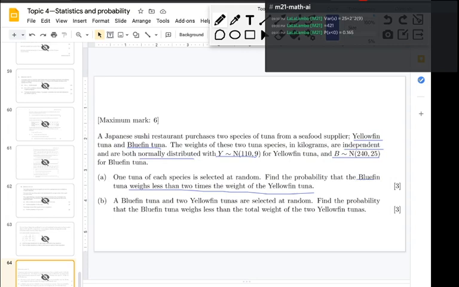For the other question, a bluefin tuna and two yellowfin tunas are selected. So this one you have two yellowfin. The way I would write it would be, and then just like the earlier question, you just